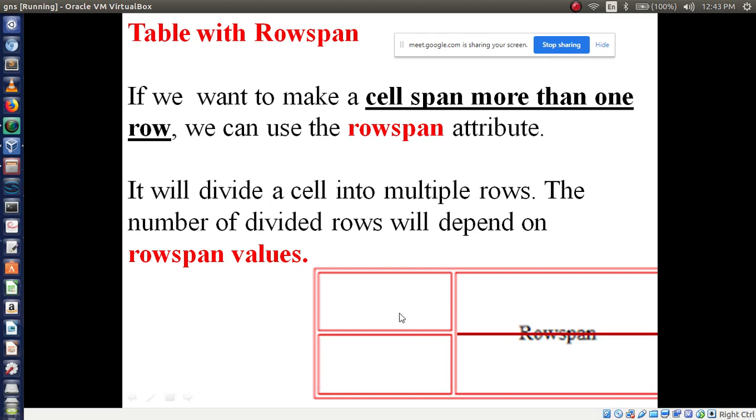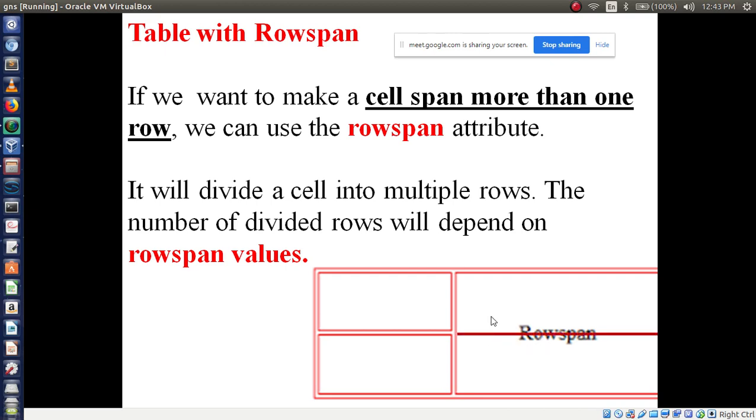See, how many rows are here? Basically a first row and a second row, right? Row span means two rows are merging. That is the meaning in general. I am saying merging of two rows. So this is called row span.